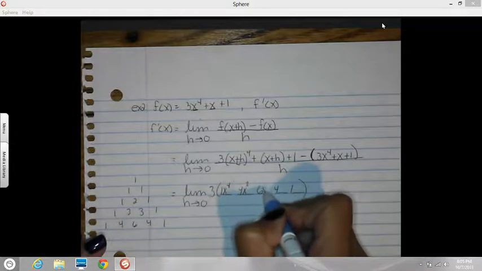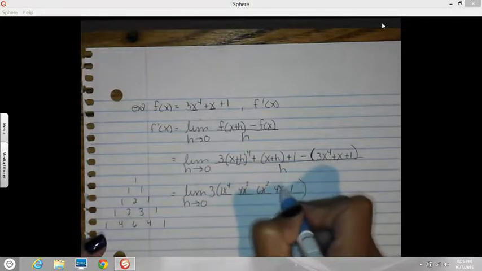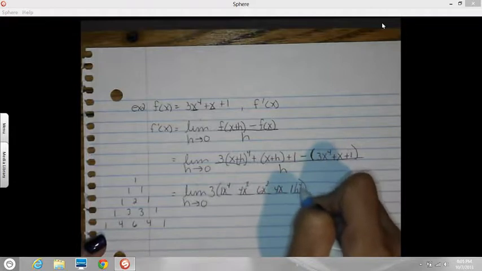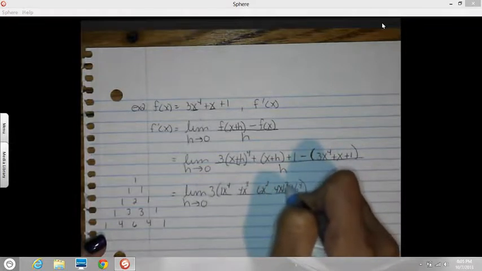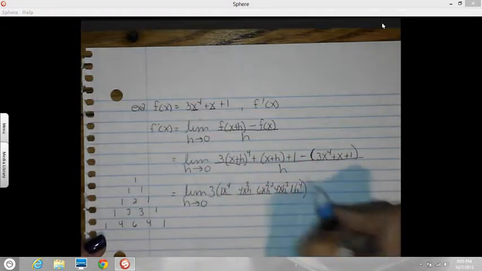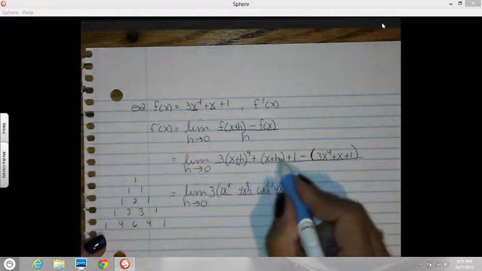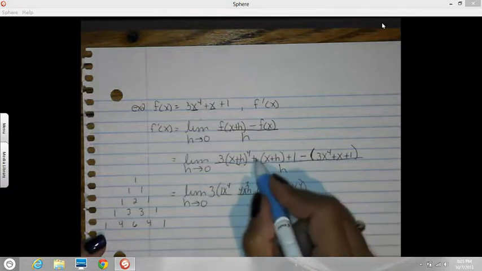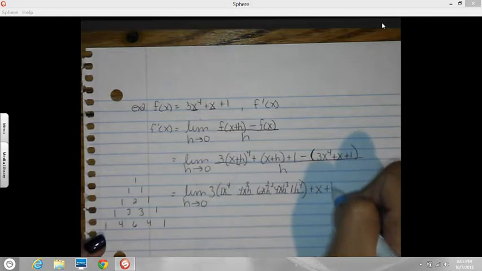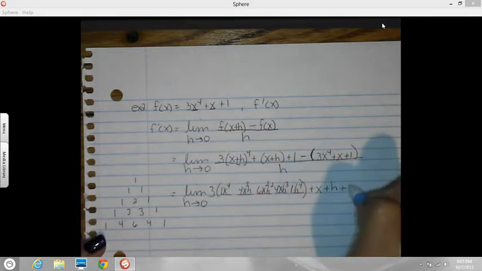X squared. X to the 1st. Now the h at the end, h to the 4th, h cubed, h squared, h. And then the rest of this I'm going to distribute to get rid of parentheses. So there's a positive in front of this one, so it's just plus x plus h, plus 1. Here I have to distribute the